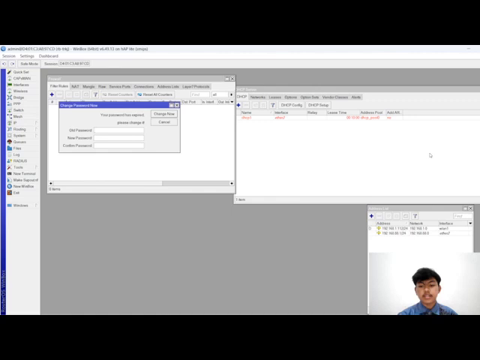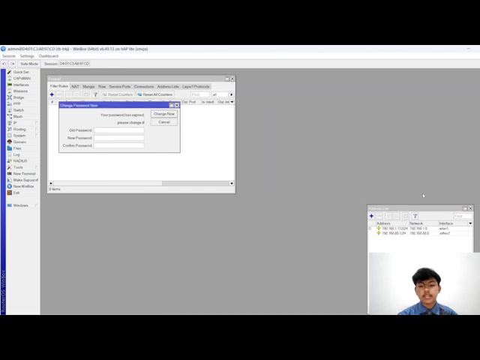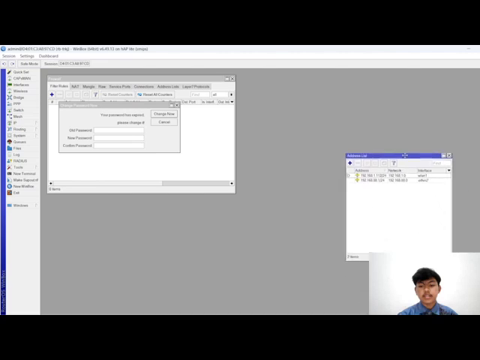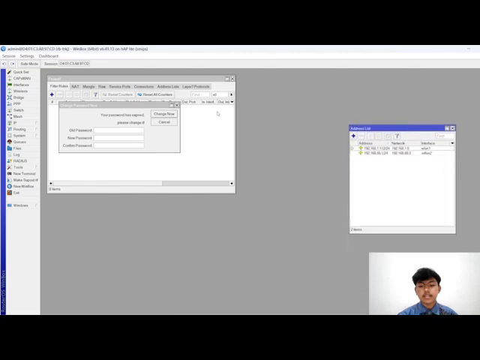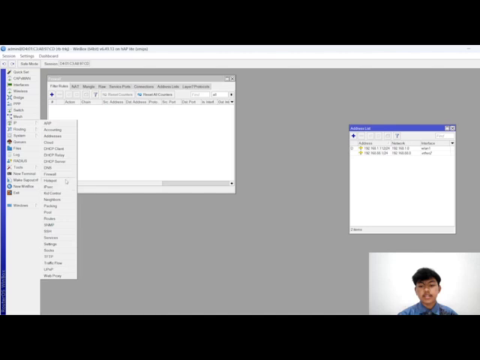I use interface Ether 3 as the DHCP server, Ether 2, and make the rate here. Now we go to the IP menu.